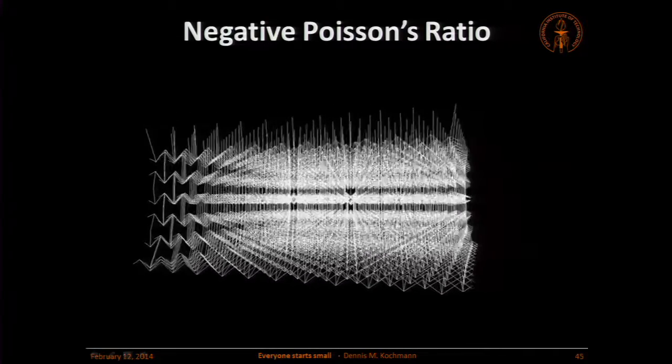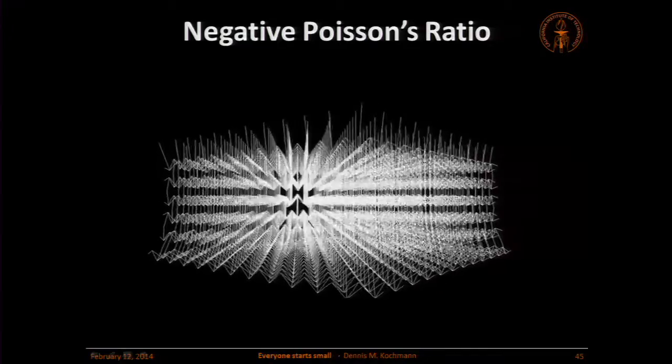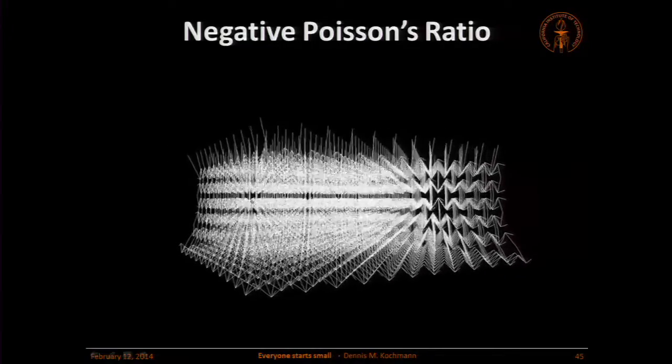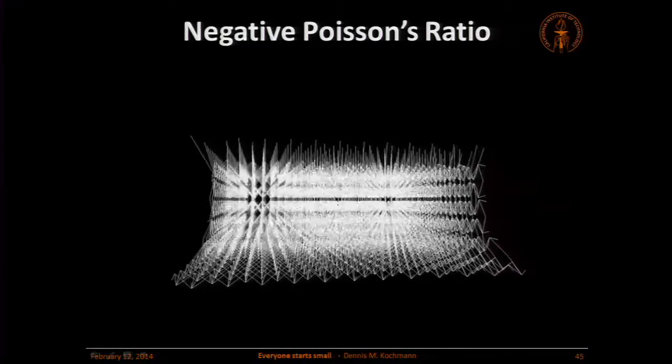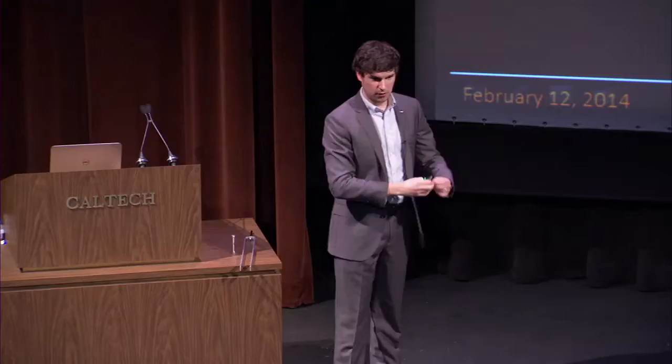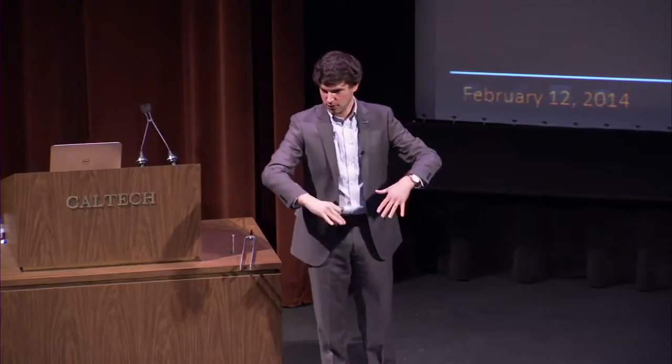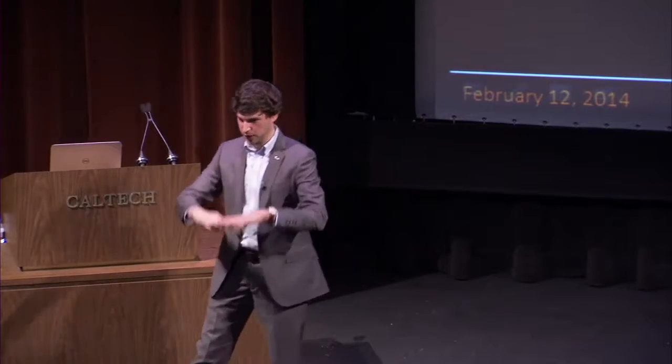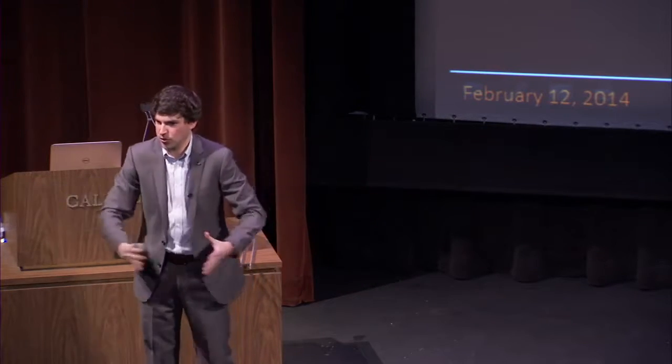This is the truss structure I just showed you. If we now compress it from the top, one at a time, what you see is you compress it, but at the same time, it shrinks laterally. It doesn't expand, it actually goes in. So we've created something which, when you compress it, doesn't expand anymore, it shrinks in the cross-section. That's what we call the negative Poisson's ratio. We said this is not possible a couple of slides ago.